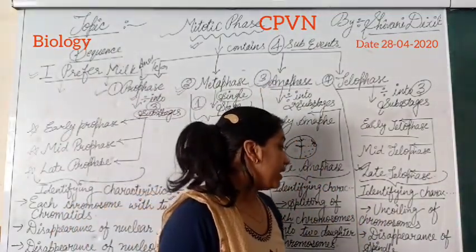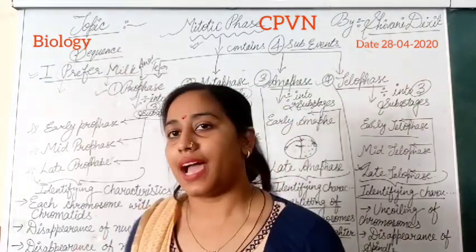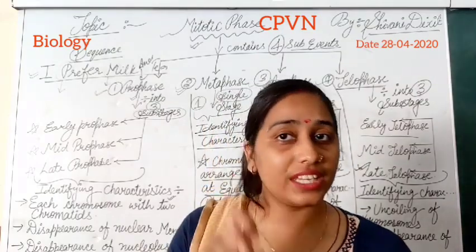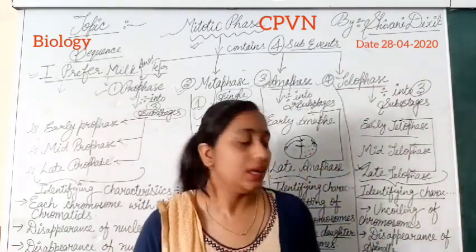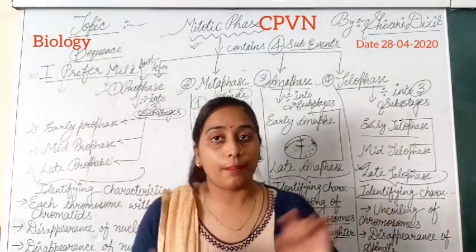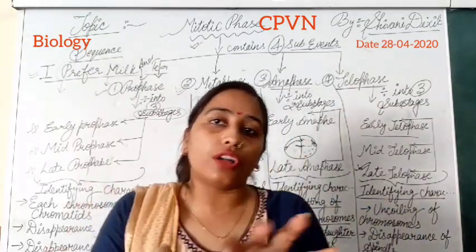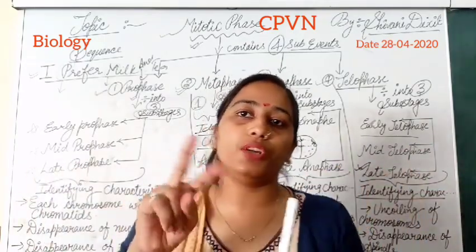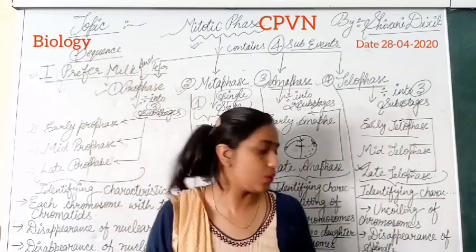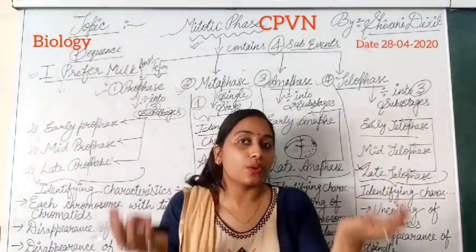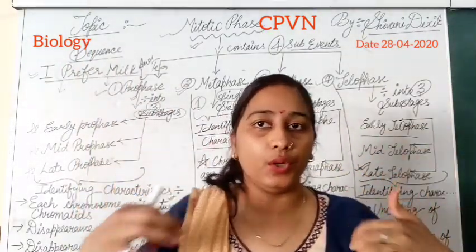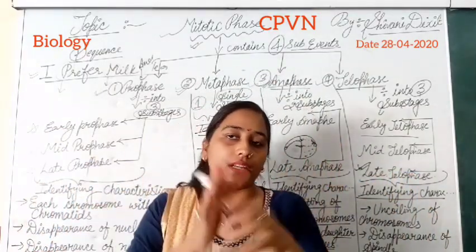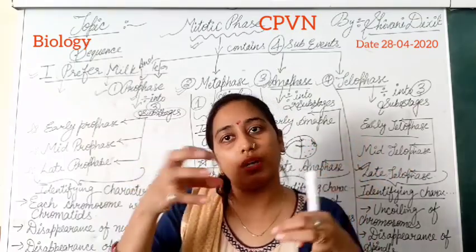And then what happens? Reappearance of the nucleolus. As I have told you, the nucleolus is a small spot-like structure which has a very important role in the division of the cell, the mitotic division. So for the two daughter nuclei, it is very important to form two nucleoli. So the nucleolus will reappear again, so that the process gets started. Two daughter cells get formed.